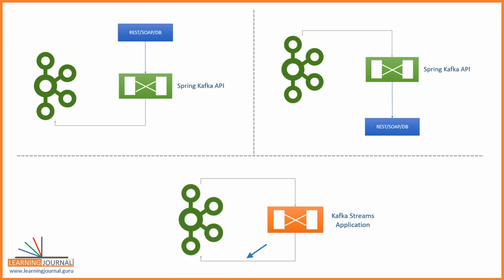Kafka Streams does not limit you on the output side. You can send the results to Kafka topic, or you can also send it to some other third-party system such as database or a RESTful service. But you are most likely to send it to a Kafka topic to implement a simplified architecture. I'll cover more details as we progress with the course. But Kafka Streams is much more potent for computing real-time aggregates and summaries.